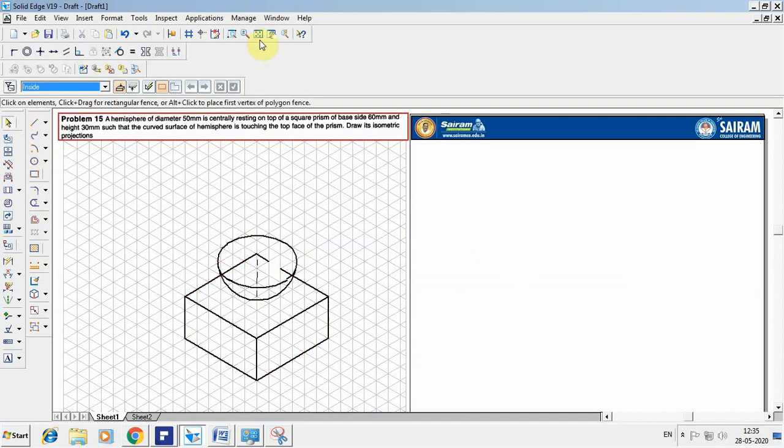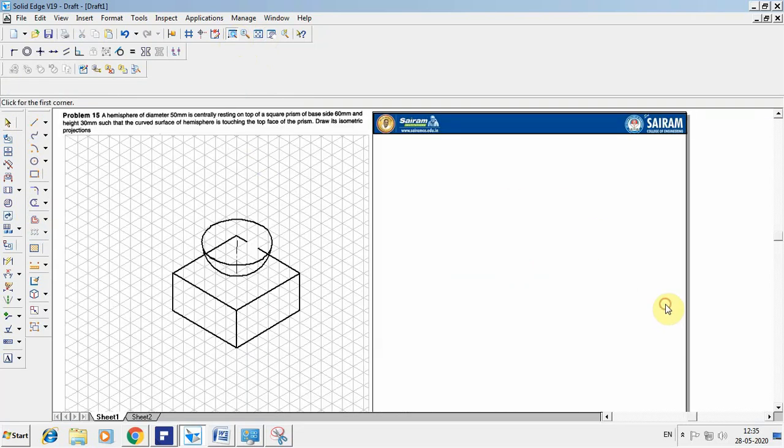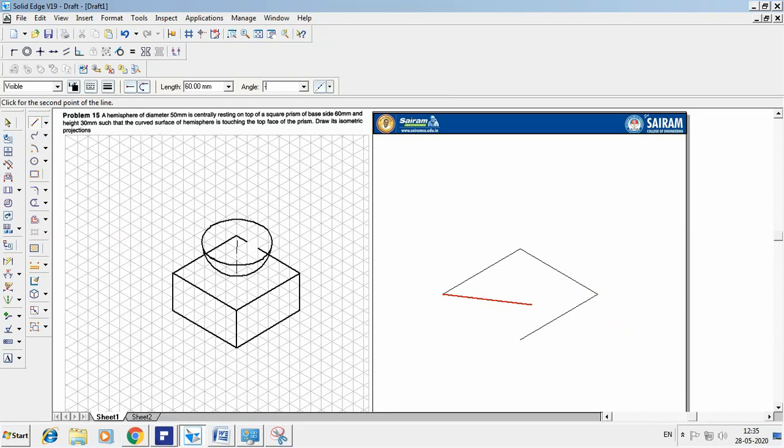Okay, so similarly, how are you going to solve this problem on Solid Edge software? So now I'll go for drawing that. I'm going to take 68 at an angle of 30, 68 at an angle of 150, 68 at an angle of minus 150, 68 at an angle of minus 30. So increase the height for 30 over here, and you can draw one more square,